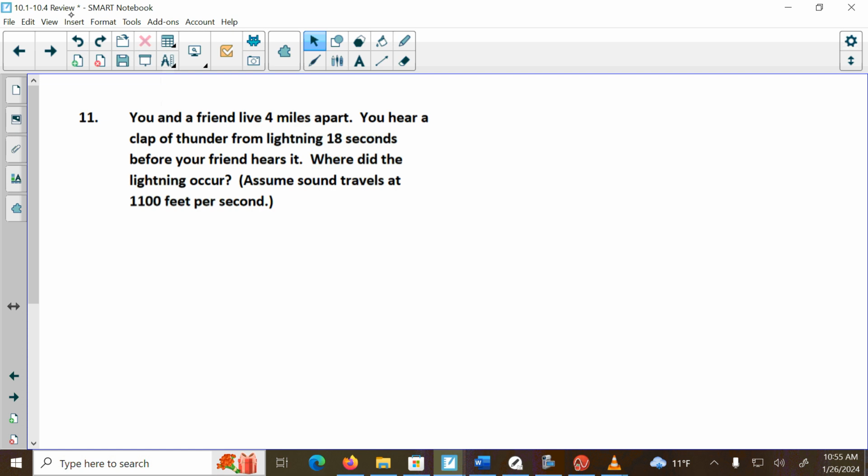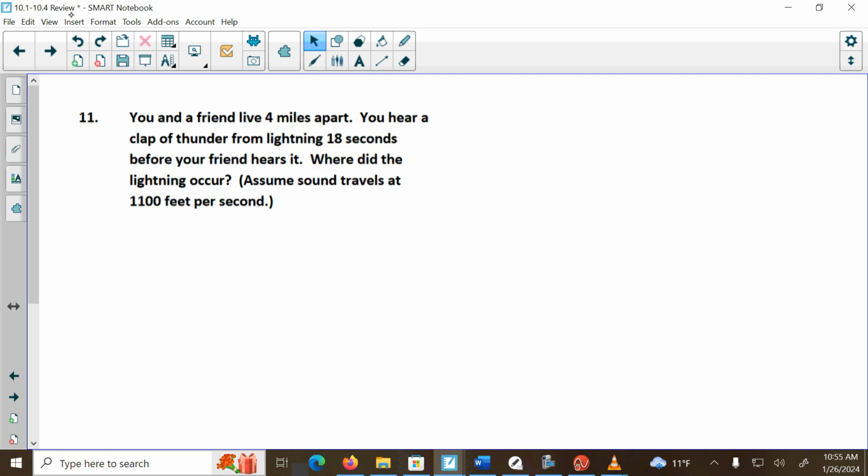Okay, the last one says you and a friend live 4 miles apart. So I'm going to set up a hyperbola to represent this problem. I'm just going to read the whole problem. You and a friend live 4 miles apart. You hear a clap of thunder from lightning at 18 seconds before your friend hears it. Where did the lightning occur? Assume that the sound travels at